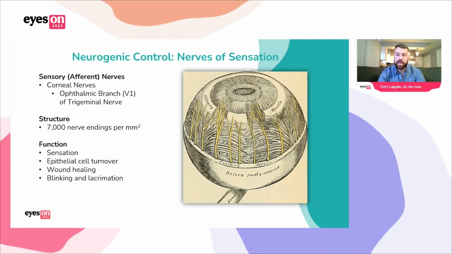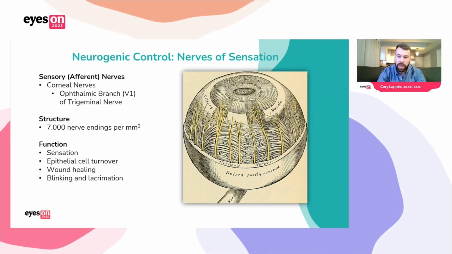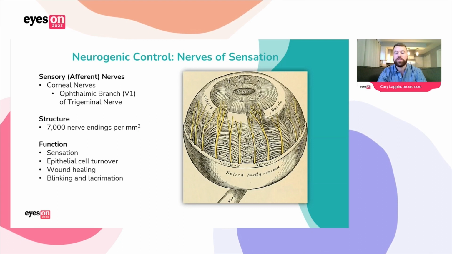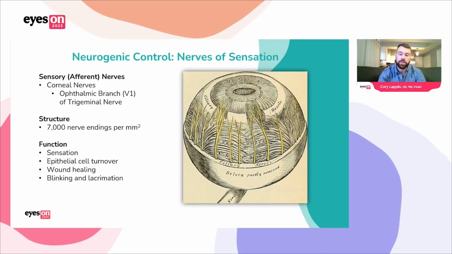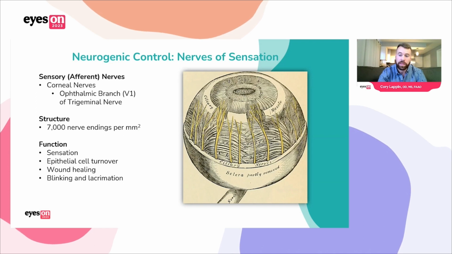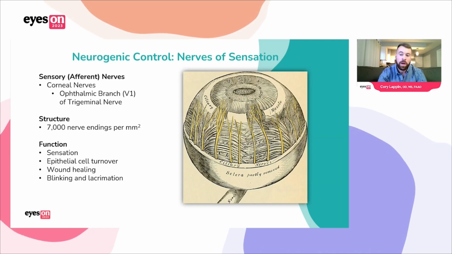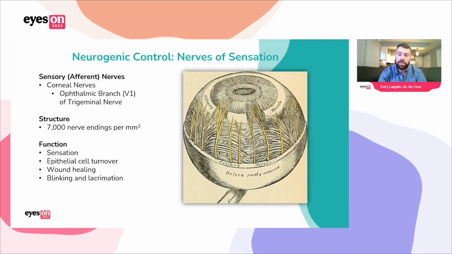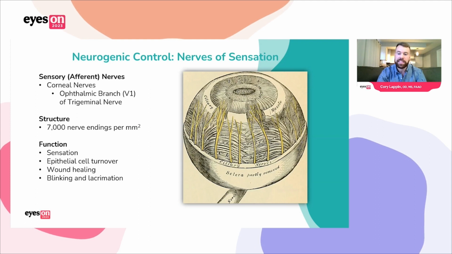As I previously mentioned, homeostasis is a self-regulated system that is dependent on feedback, which allows it to respond to the external environment or challenges. And there must be sensors to collect this feedback. One of these sensors for the ocular surface is the corneal nerves. The feedback they receive is responsible for monitoring and controlling normal epithelial cell turnover, wound healing, blinking and tearing, and providing sensation. The function of the corneal nerves is vital to ocular surface homeostasis, as is evidenced by the fact